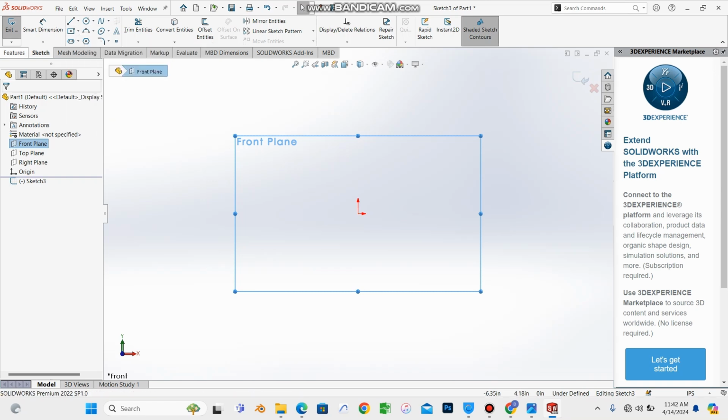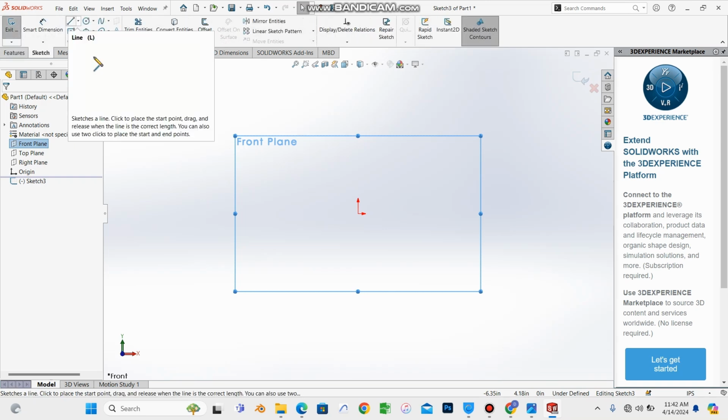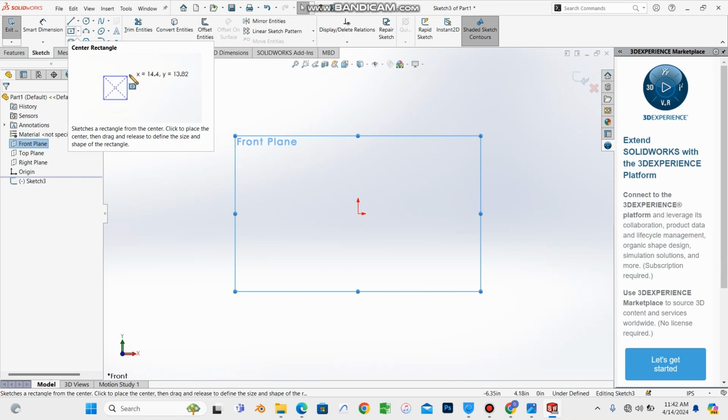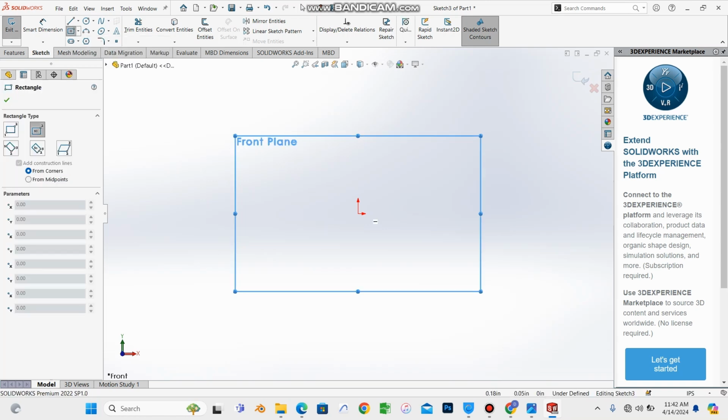I'll go to the sketch. Let's say I was on the features tab. I'll just switch to sketch, and then this is rectangle. I right click on the arrow, then I can choose the type of rectangle that I want, either a corner rectangle or a center rectangle. With the cuboid, I'll be using center rectangle, so I will click on the center rectangle, put my pencil